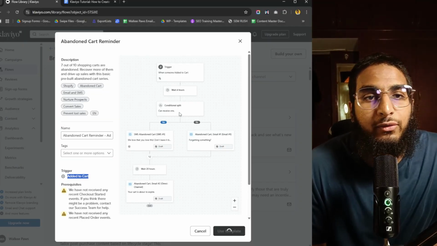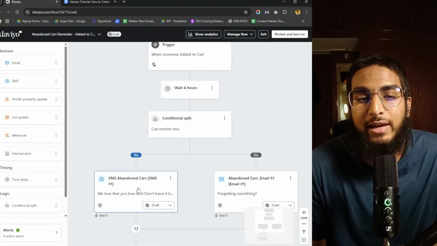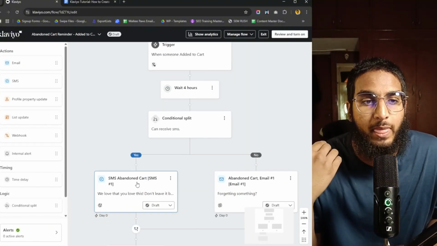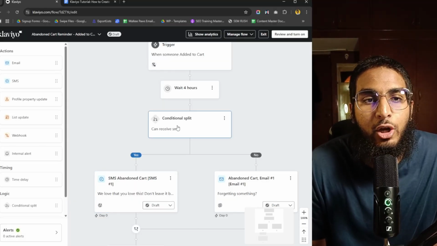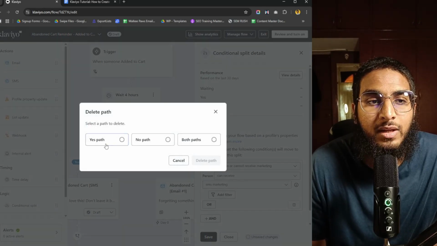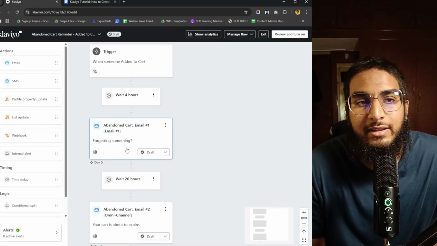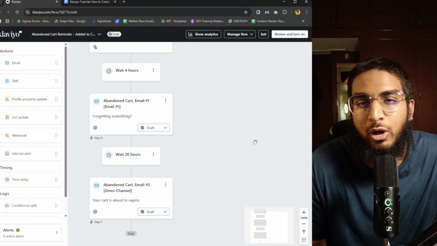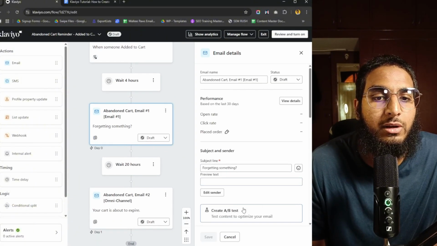Now, this flow, as you can see, also includes SMS. So if you have SMS integrated with Klaviyo, you can go ahead and use the same template. Or the only thing you have to do is just select this and click on delete, and click on the yes path and delete this section, and all you'll be left with is the email. Now, if you click on this template,